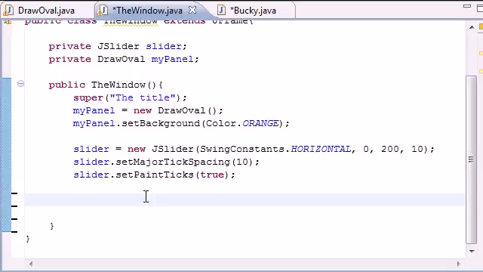So in order to make it actually do something useful, we need to add a listener to it. A listener is a little tiny program that sits on your slider, and I don't mean you can see it, but it's built into your slider, so when you slide it and move it, it says, alright, I'm supposed to be doing something, in the case of our program, changing the diameter of our circle. Every object has a different type of listener, and every object has